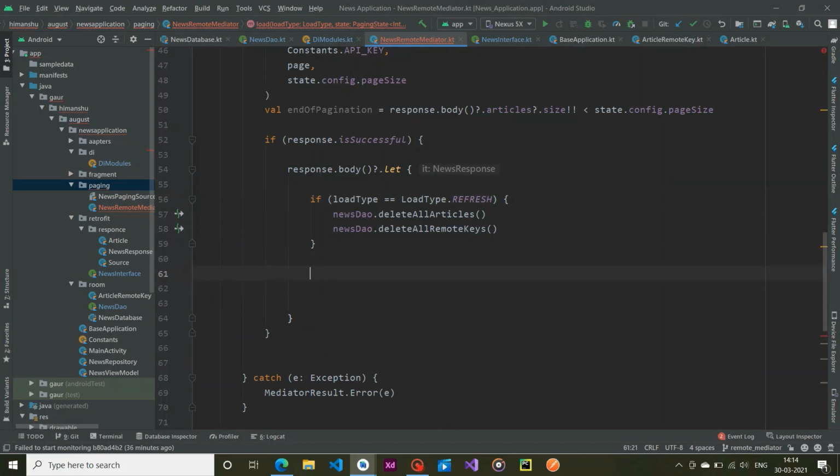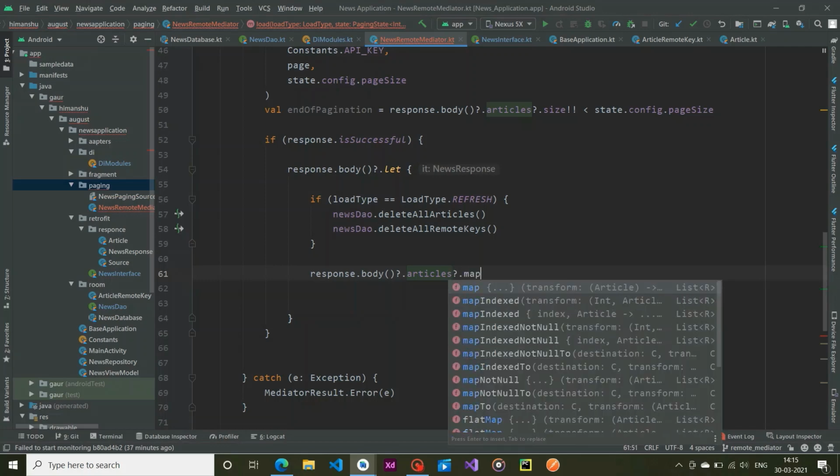data. For this we first create the list of remote keys. So response body articles dot map.